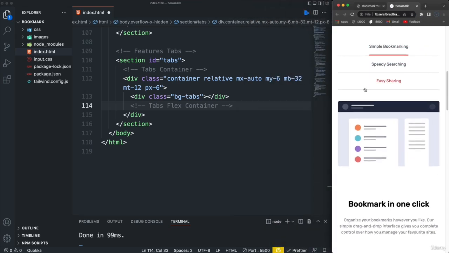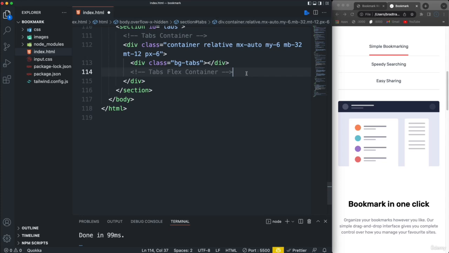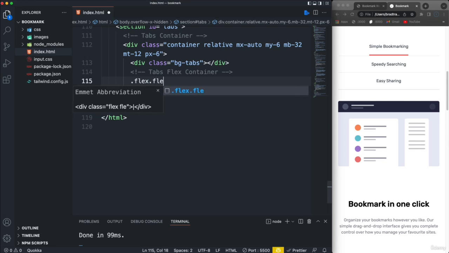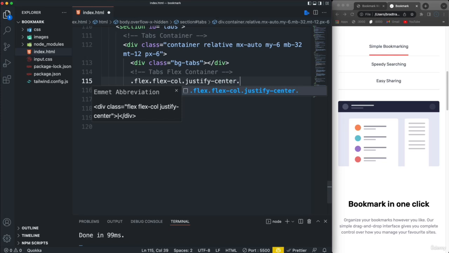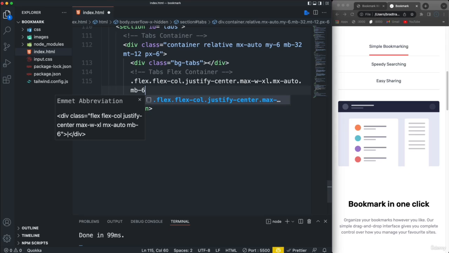And we have the borders and stuff like that on each item, but we want to make this flex column by default, and we're going to justify center, and let's do a max width of extra large and mx auto, and margin bottom we'll do 6,